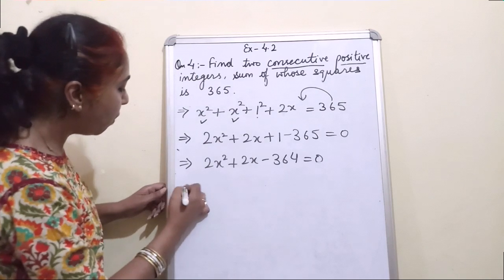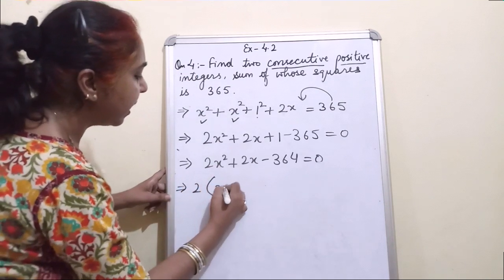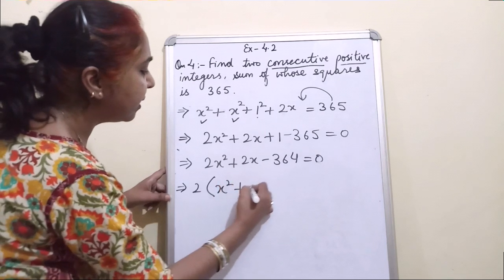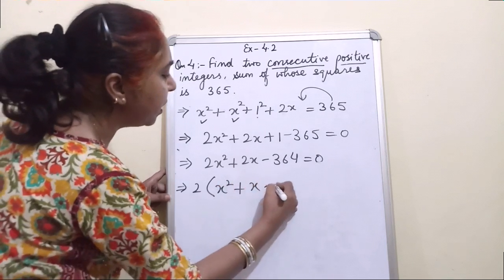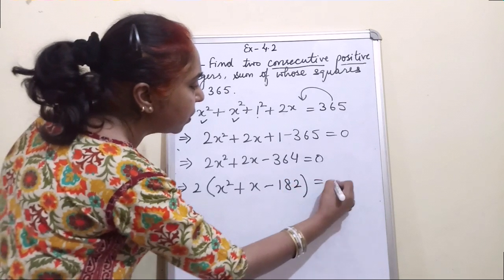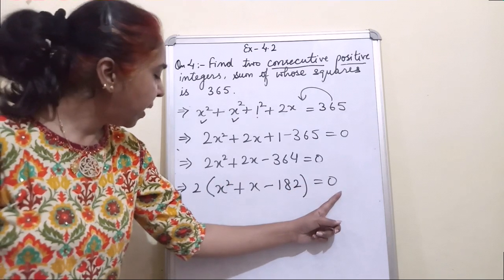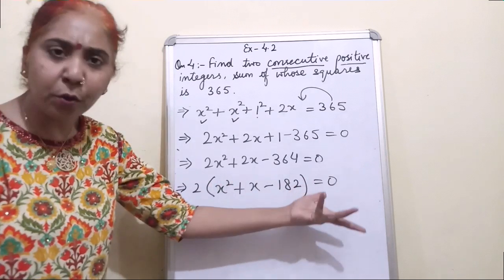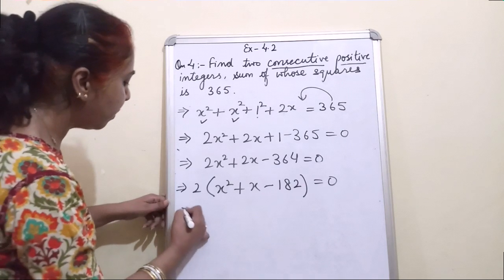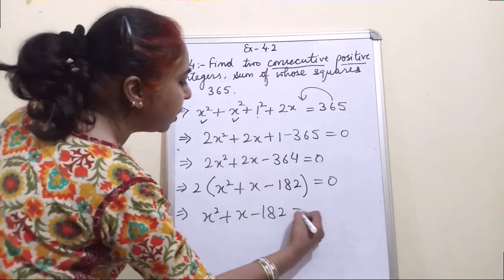If we easily observe that 2 is common here, we should take that common and cut it. Okay, so take common. What do I get inside? x square. 2 ones are 2, that is x square; 2 ones are 2, that is x; and this will be minus 2 ones are 2, 2 eights are 2, 2 twos are. Now you can take this 2 to the right hand side, and 0 by 2 is 0, and the final equation I get from here is x square plus x minus 182 equal to 0.